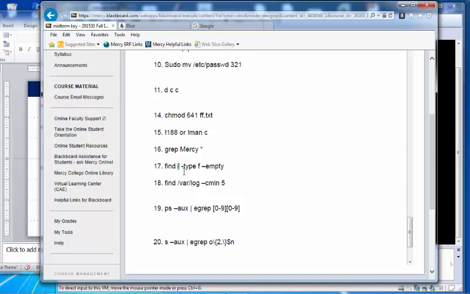If I search from the top, then it searches everything. Find slash var slash log means the specific log directory. Under there, I want to find -c, meaning anything changed, minute 5, so anything changed less than 5 minutes ago.